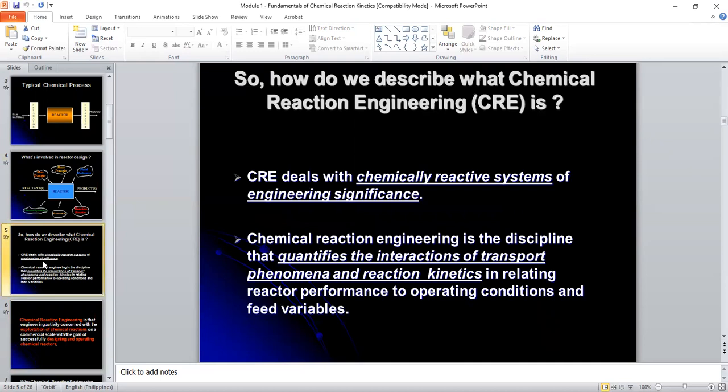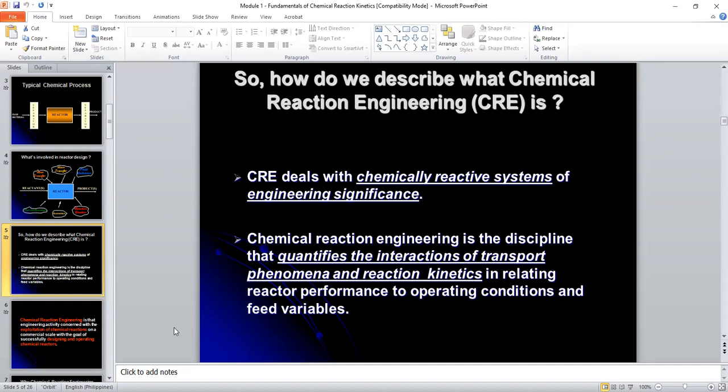So how do we describe then chemical reaction engineering? That's your course. This is not kinetics only, but this is chemical reaction engineering, or CRE for short. So CRE deals with chemical reactive systems of engineering significance. So take note of the term significance. So they're just not there because they are to react something and produce something, but that something has to be